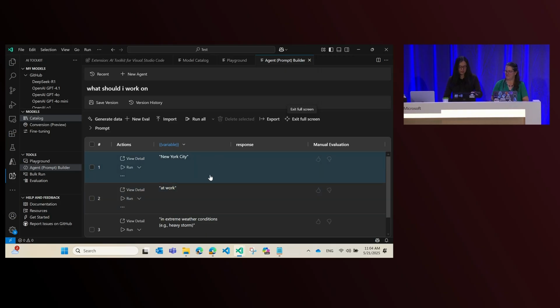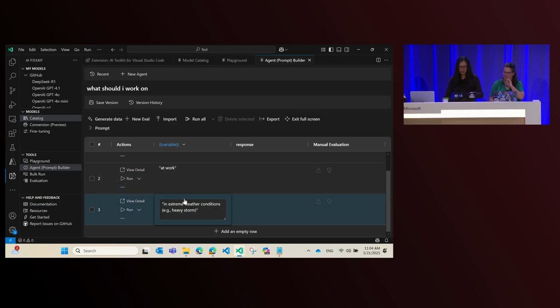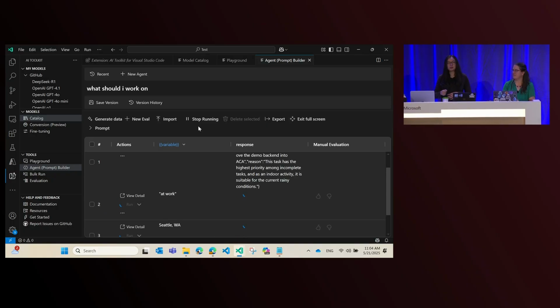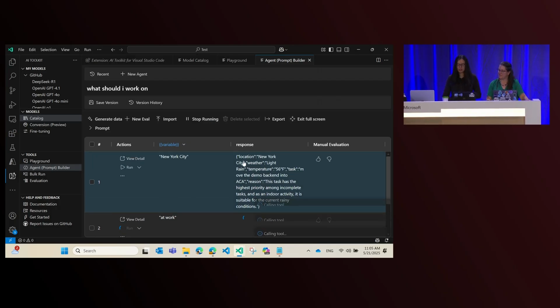So with that, here you can actually go in there and change things if you want. That's all supported. But what's cool about this tool, now I can simply hit run all, and have the tool go off and run through each row by row, make all those tool calls, and come back with the JSON object.